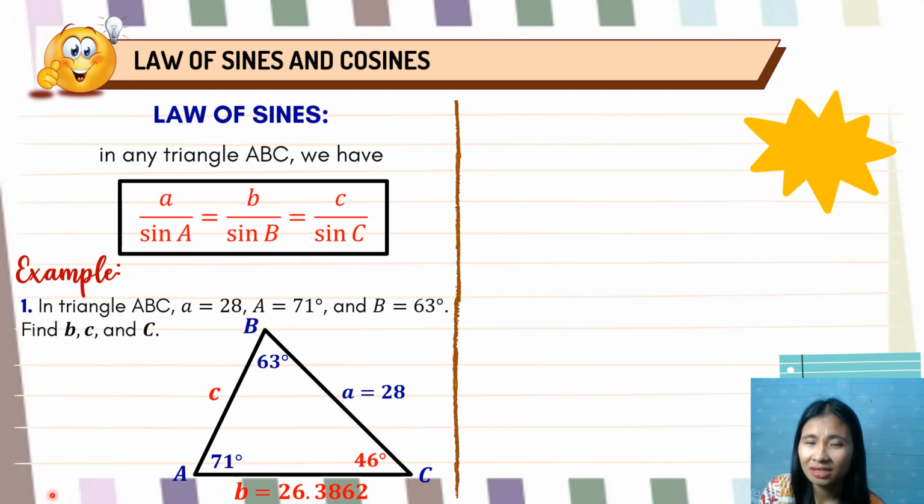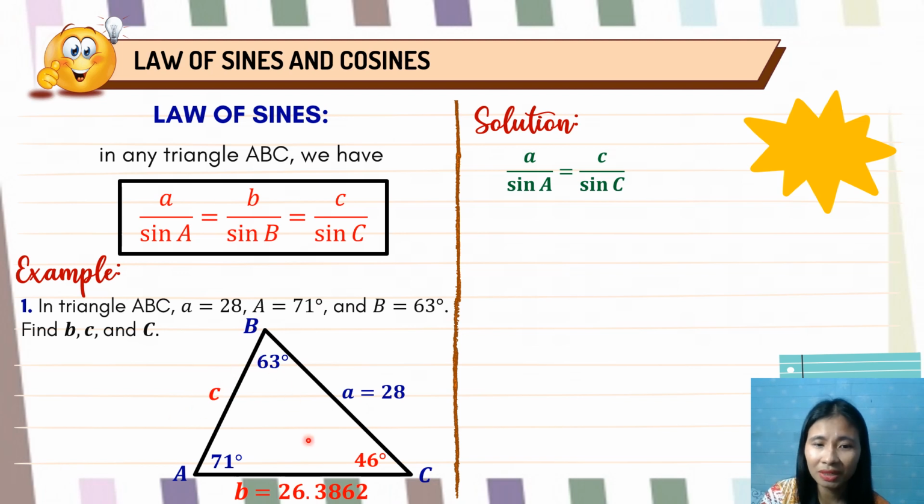So again, this time you need to identify the possible pair, starting with the pair with a complete set. I suggest that even if angle B and side B are already complete, we still use the original given. Why? Because if by chance there is a mistake in solving for B, at least it will not go through with side C. So we are going to make use of the original given.